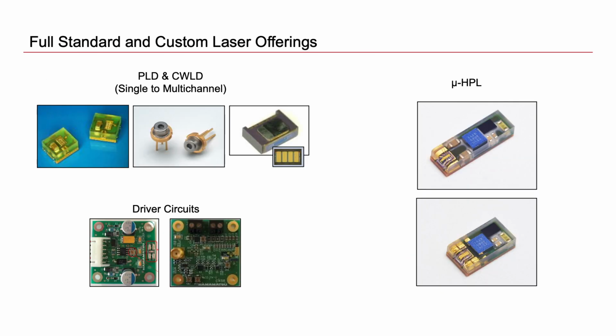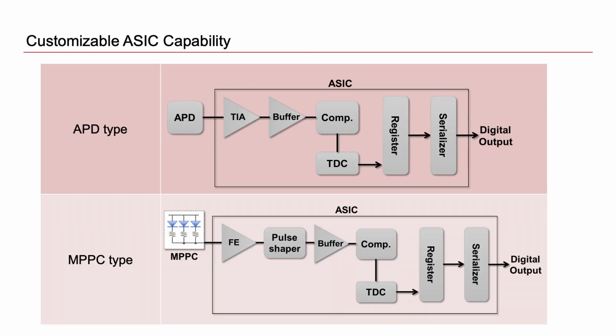However, we understand that requirements can vary depending on the scanning or flash technique. When multiple channels or PLDs are used, the spacing between each element or laser driving condition can also vary greatly from design to design. When using photodetectors in LiDAR, the analog output is not usable without a series of signal processing